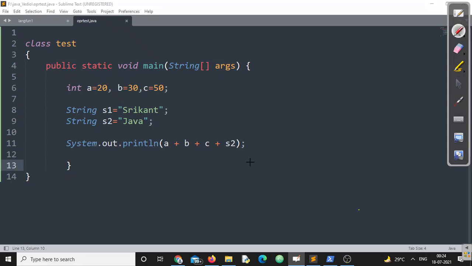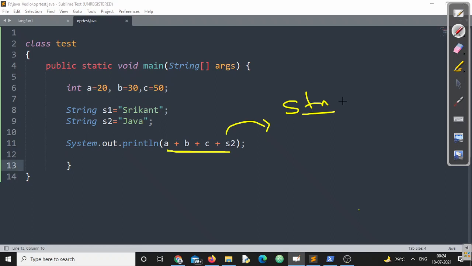The rule is, if among the operands one of the operands is a string operand, then from that point onwards the plus operator will use concatenation.